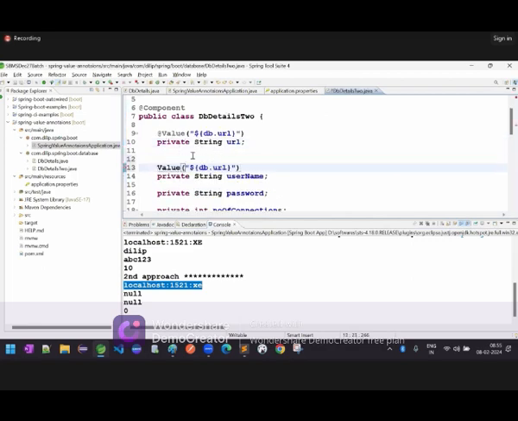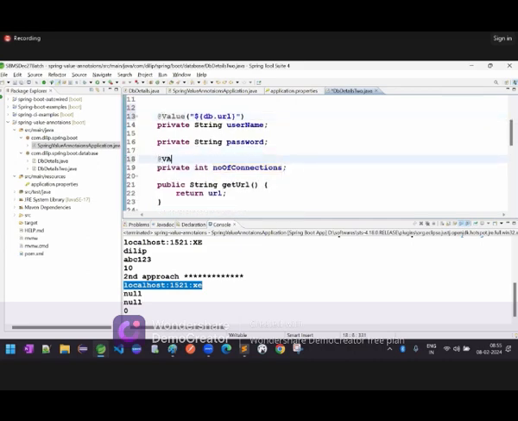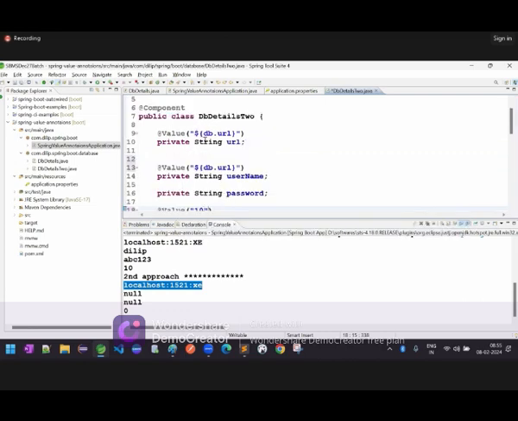So by using @Value, we can pass, for example, assume this value you want to pass as a hardcoded value. Then what you have to do? @Value directly passing the value. So you can do that. Or if you feel this value is already available in the properties file or you are configuring it in the properties file, then you have to go with this signature, dollar symbol signature and all. And here database.user.name. Similarly,